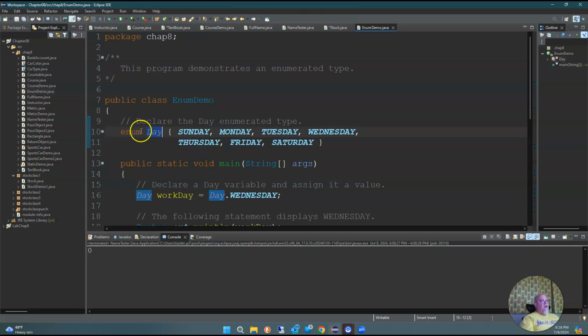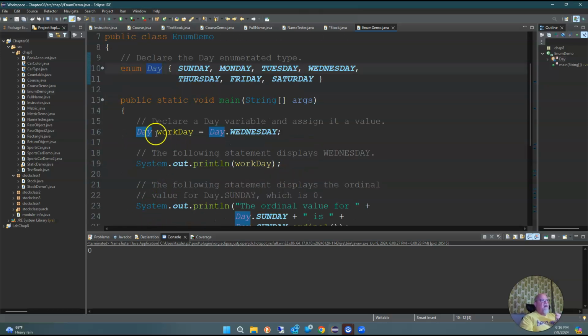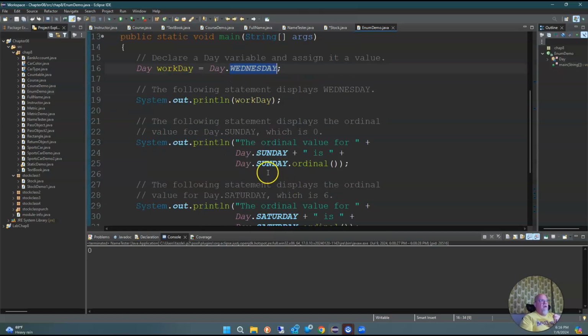So this is how it works. I've got this object called day. It's an enum data type. It's got these 7 items inside of it. Then I come down here and I can say day workday. So I'm creating a new day object from this day, and it's going to be equal to day.Wednesday. And then when I say println workday, it's going to actually print uppercase Wednesday. Now,